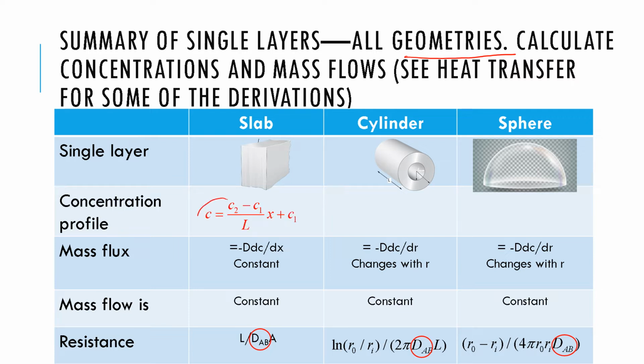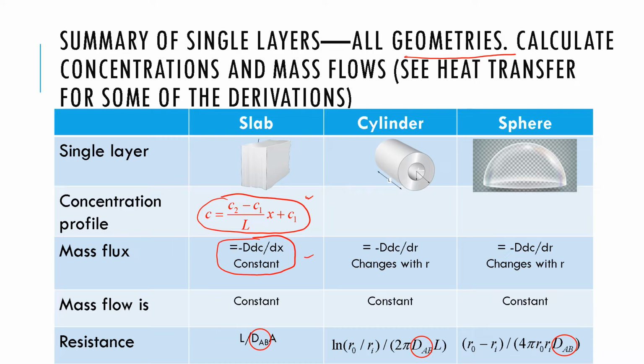So we derived this one, and the mass flux would be given by this. Now the procedure that we did for the slab, starting from the governing equation and boundary conditions and solving them to get this concentration profile,